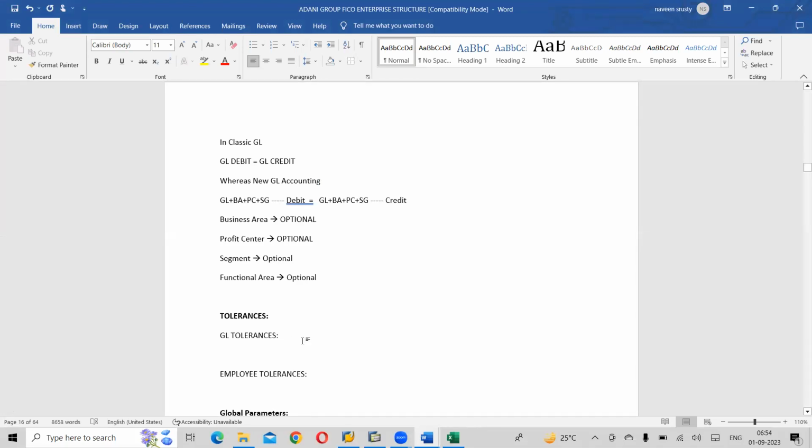In GL tolerances, what is GL tolerance? Permitted payment difference. In GL tolerance, what we define is the permitted payment difference, meaning at the time of payment, what difference the system needs to accept. Till that difference the system will accept. If it is exceeded, then the system won't accept it. For example,